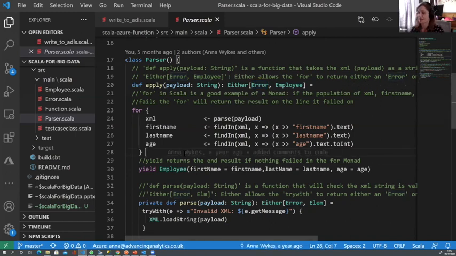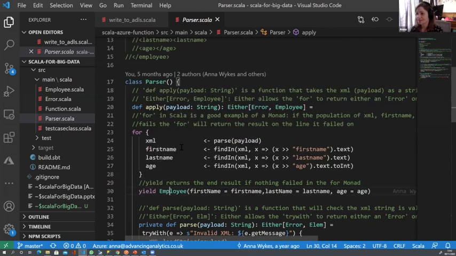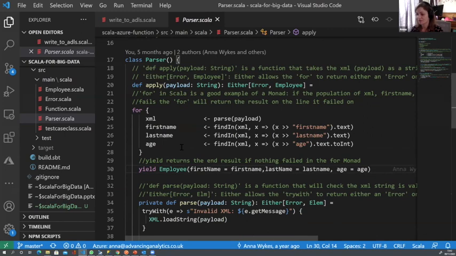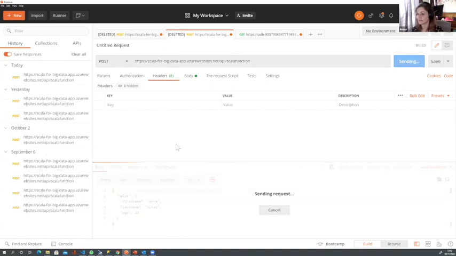So don't worry too much about all of this code going on here. Like I said, this is in the Git repo, but essentially this is an Azure Function that I've prepared earlier, which I've already deployed into Azure. So here, this POST URL is the instance of the Azure Function that I've already created. So if I hit send on here,